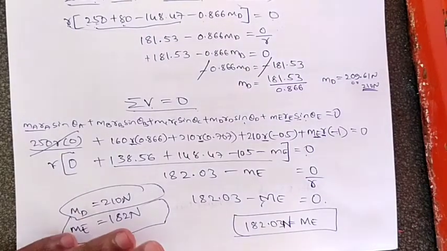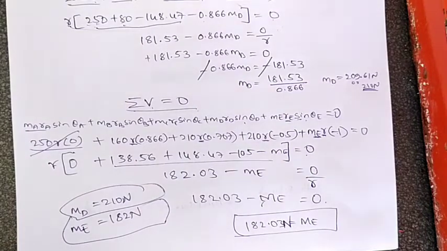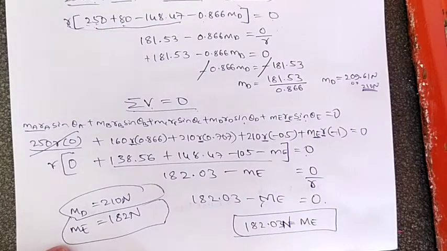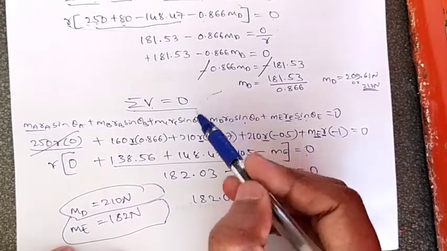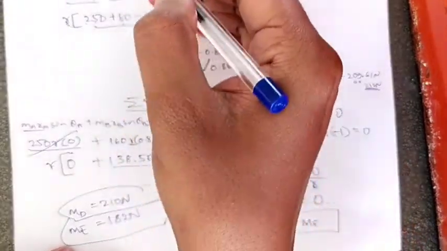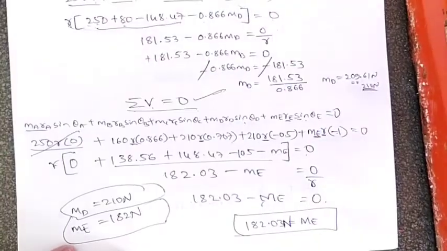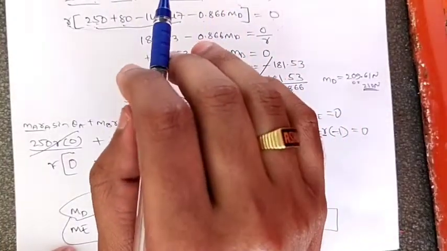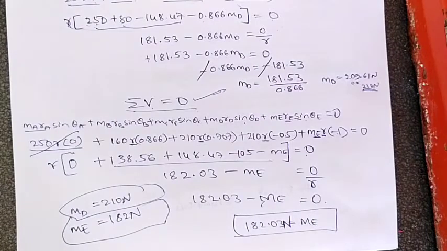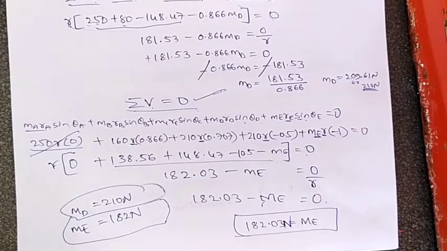This problem of 5 masses, you may get confused a little bit. If you see the procedure correctly and try to solve it on your own, then it becomes very easy. It is as simple as that of 4 masses. Here you should equate vertical force equal to 0 and horizontal force equal to 0. Then easily you can solve this type of problem. So I hope you have understood this problem.